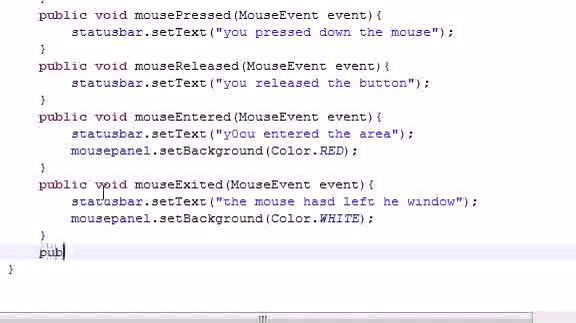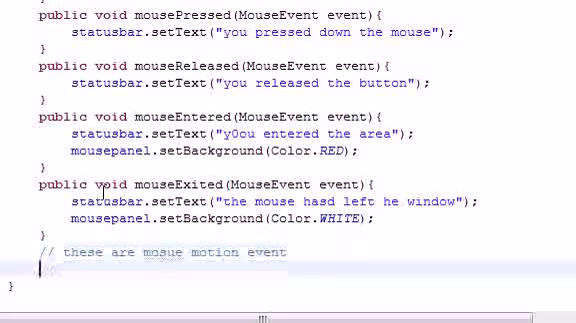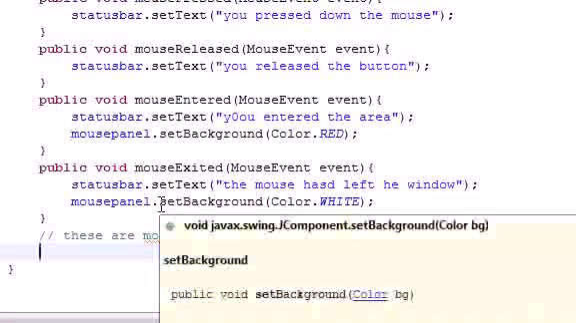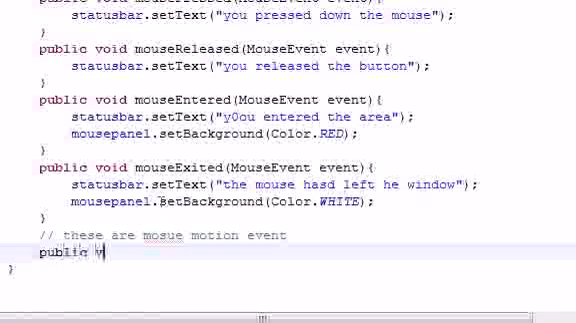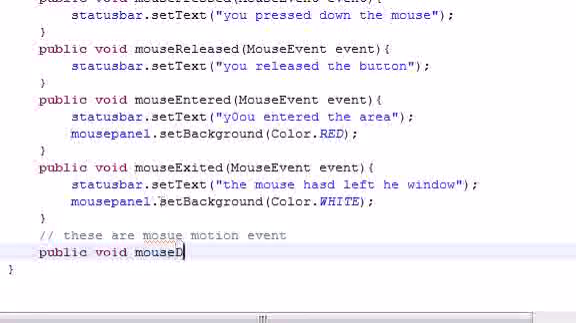So public, I'm gonna make a little comment. These are mouse motion events. So not just the typical mouse listener or whatever. So the first method we need to make is called mouse drag. So public void mouse